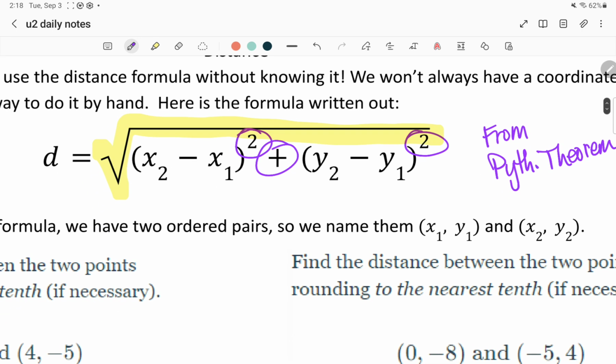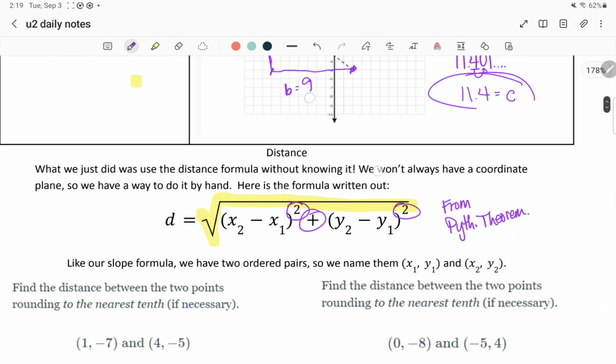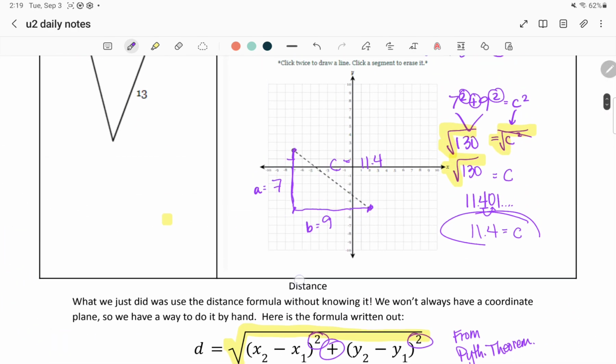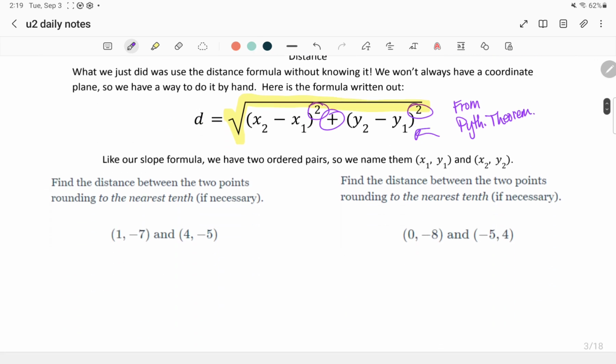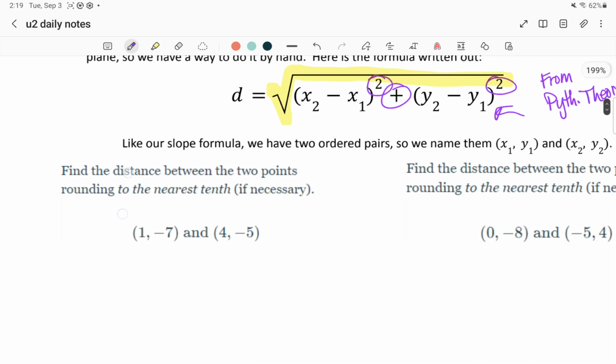Okay, and it looks really big and really scary, and we've got these x2s and y2s and stuff, and what I think is that it ends up being easier. This ends up being less in the calculator, because if we did this in our calculator, it'd be like 2 or 3 steps, and plugging this whole thing in, it's just one big step. So it just depends on what you like. Okay, so notice we have x2 and x1 and y2 and y1. This is just naming the points because we have